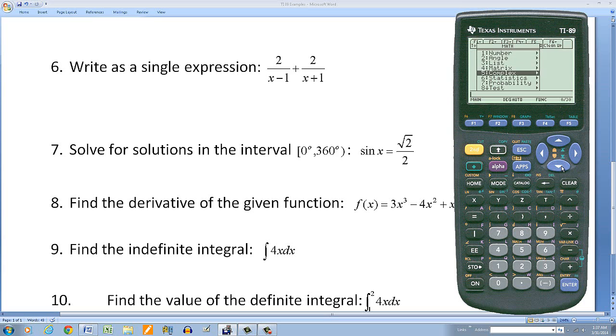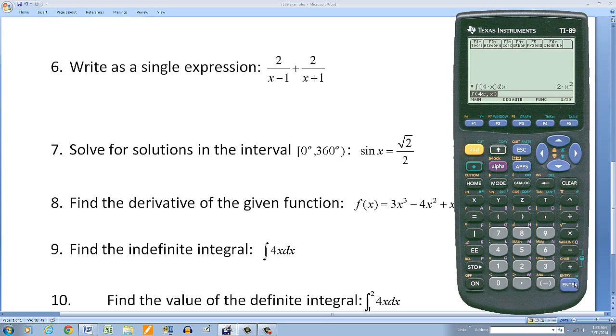Again, I'm still in calculus, so I'm going to find the calculus menu, over, integrate. That's the opposite of the derivative. So this is number 2. Okay, so I enter the 4x and then comma x, close parentheses,